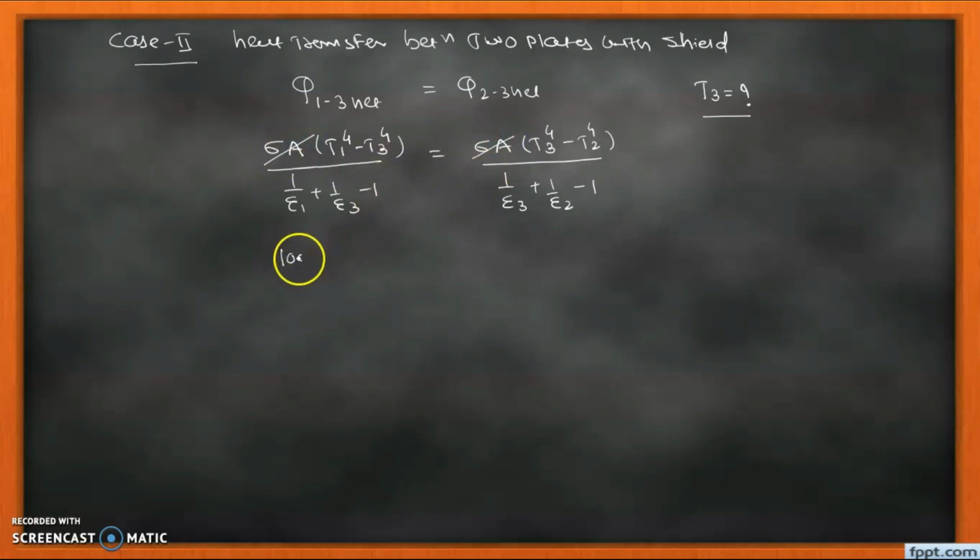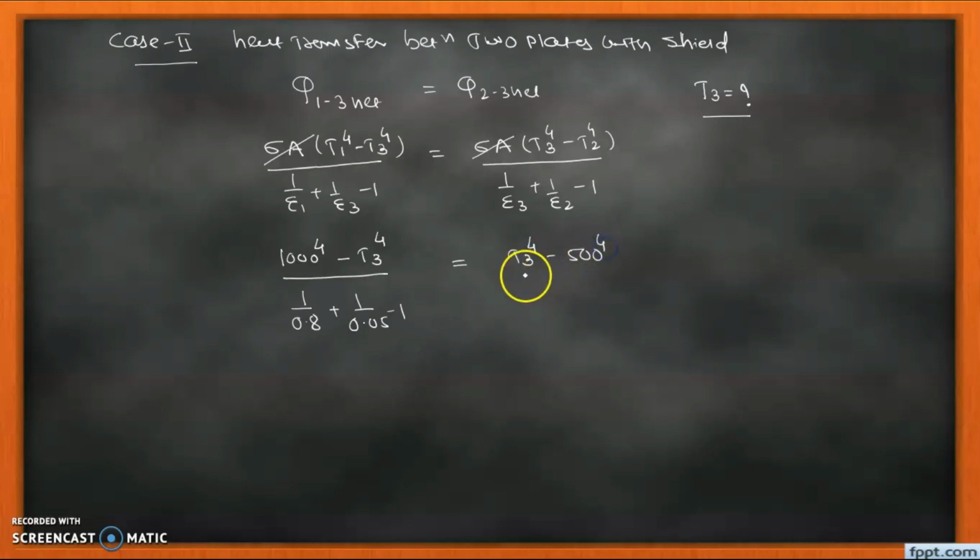So here there is 1000 to the power 4 minus T3 to the power 4 divided by 1 upon the value of emissivity of surface 1, which is 0.8, plus the emissivity of the radiation shield, which is 0.05, minus 1, equals T3, which is unknown to us,